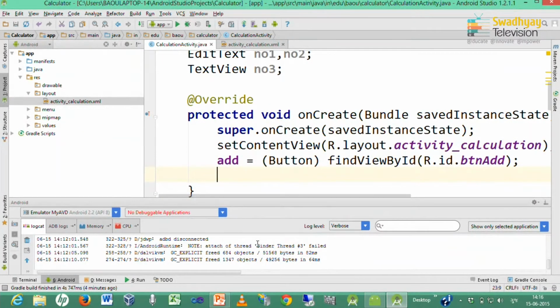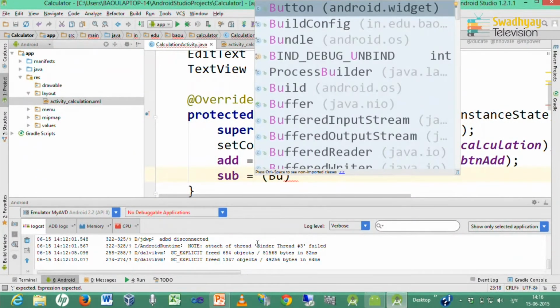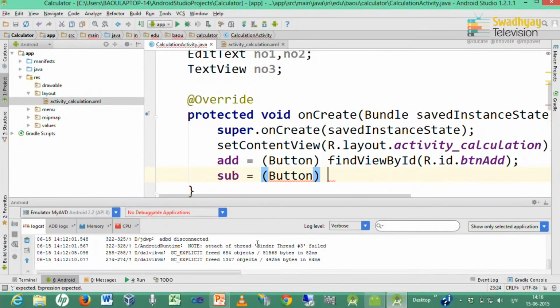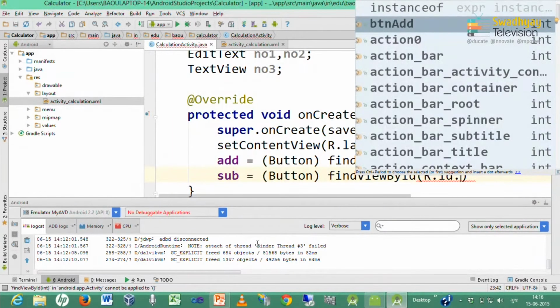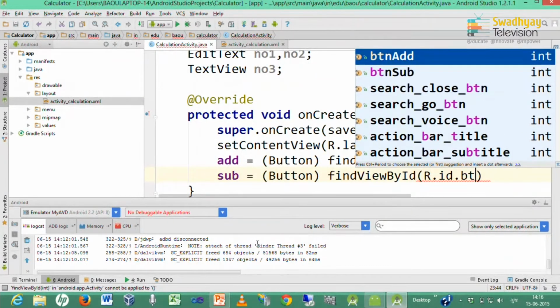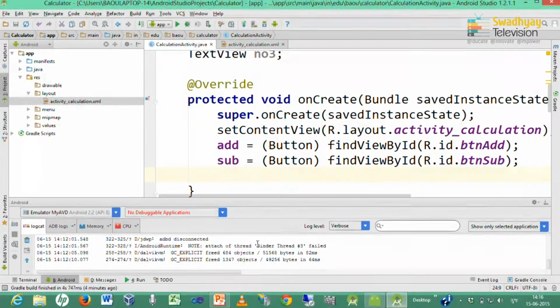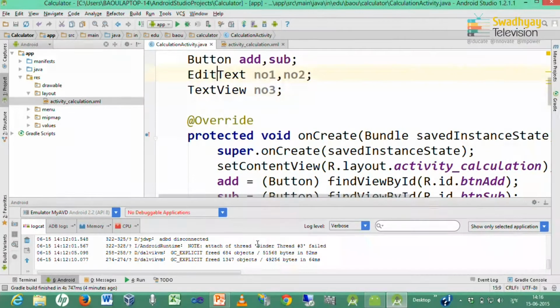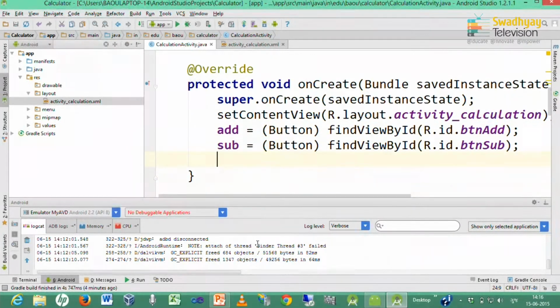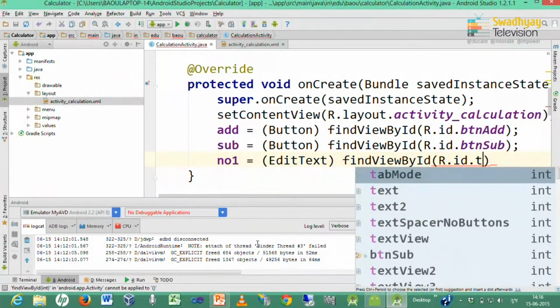Now, next we declare sub likewise. So, sub is a button that represents button sub in our interface. Likewise I declare 2 EditText, and the name is NO1. So, NO1 is equal to EditText and it represents txt NO1.